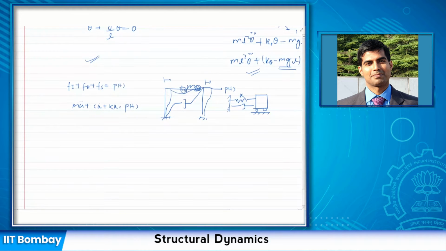We saw that depending upon the relative flexibility of the beam with respect to the column, K could be either 2 times 3EI by L cube if the beam is flexible, or 2 times 12EI by L cube if the beam is very rigid. So it would be just the sum of the columns without any rotation at the top. Force P is being applied, and the displacement is measured from the equilibrium position.